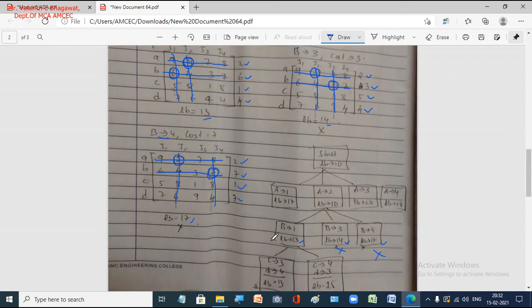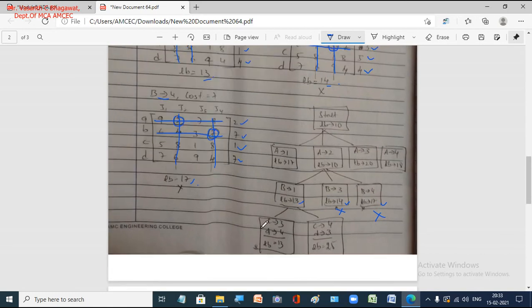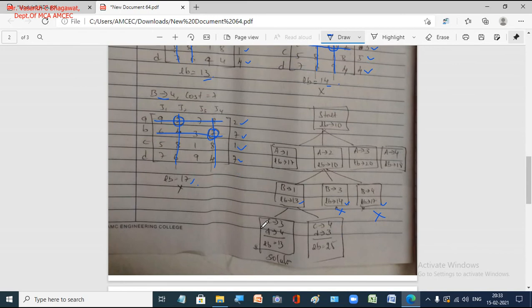Now we fix job 1 to B. Here we have fixed the second job to A, and in the next step we are fixing job 1 to B. So now 2 jobs are completed. How many jobs are left with us?